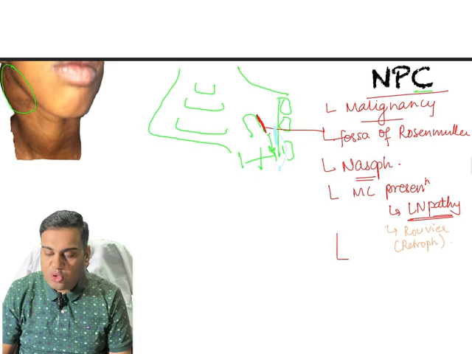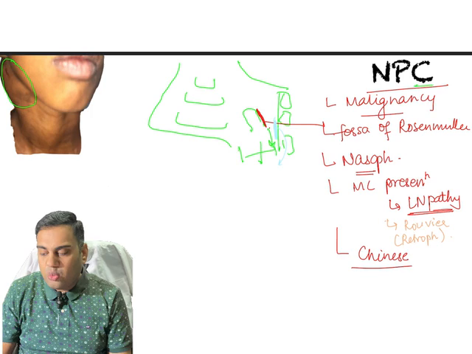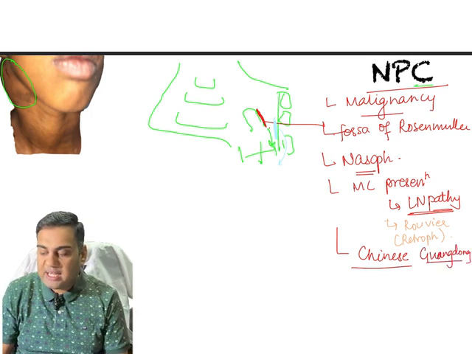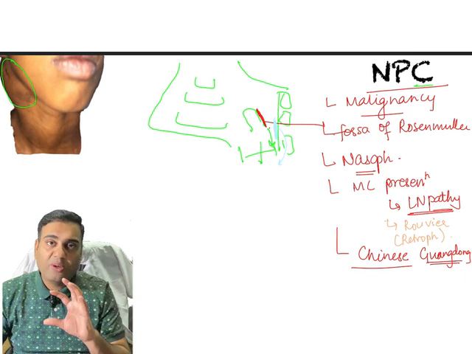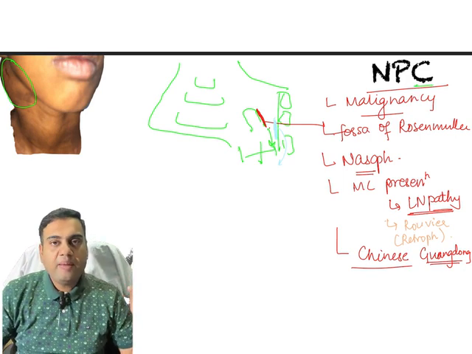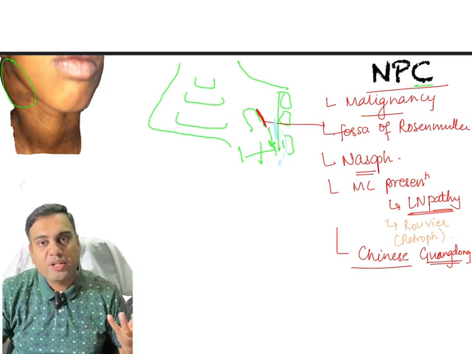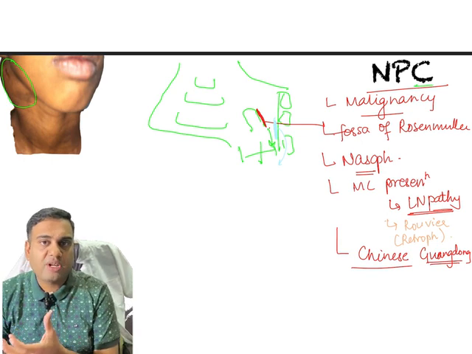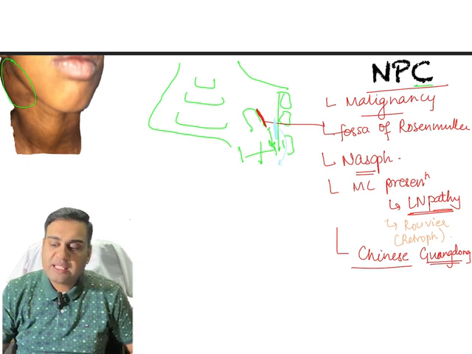All right, and who will you see this kind of disease more commonly in? These are commonly seen in Chinese population. गुआंगडोंग करके एक प्रोविंस है, वहां पे ज्यादा कॉमनली देखा गया है. बट व्हाई? बिकॉज एक्चुअली अभी तो चाइनीज आर ऑल ओवर द वर्ल्ड, सो यू विल फाइंड द प्रेवलेंस ऑफ डिजीज एवरीवेयर. ये बेसिकली जो स्मोक्ड फिश है या वुड फायर है, सॉल्टेड और प्रिजर्व्ड स्मोक्ड फिश रखते हैं, उसकी वजह से उसमें जो एलिमेंट्स होते हैं नाइट्रोसामीन्स,